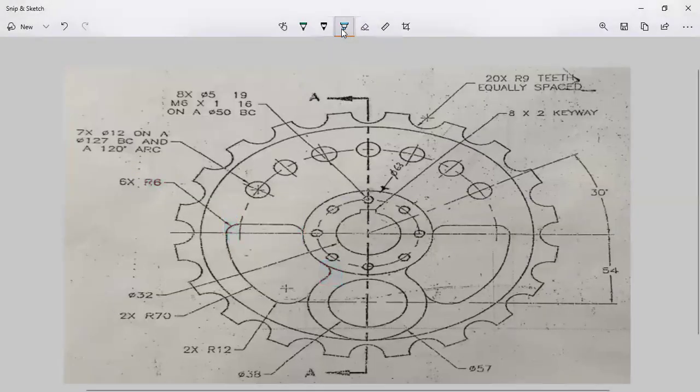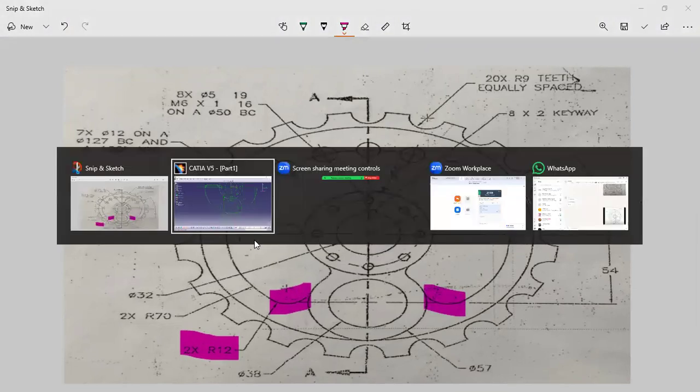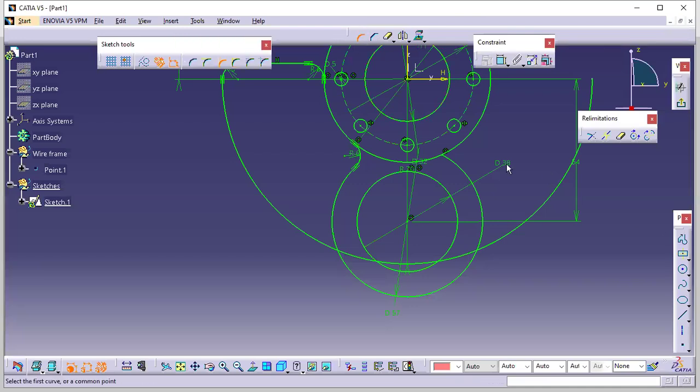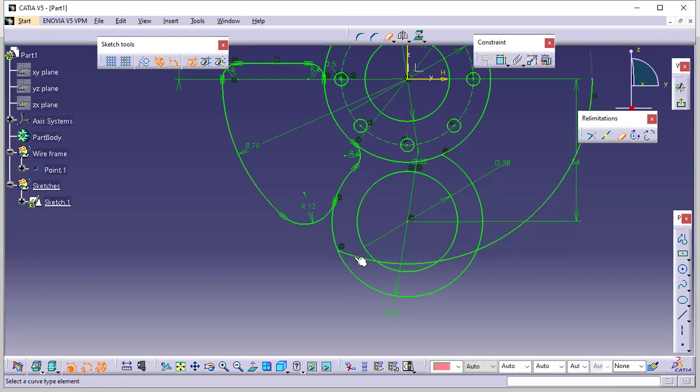So let me see this. We have one more fillet, which is this one. It is two places, R12, this and this. So I give R12 fillet over here. I go to the corner option again with no trim selection, and I give 12 mm radius, enter. So now I am going to trim the remaining portions. This I don't want. I click on the eraser,